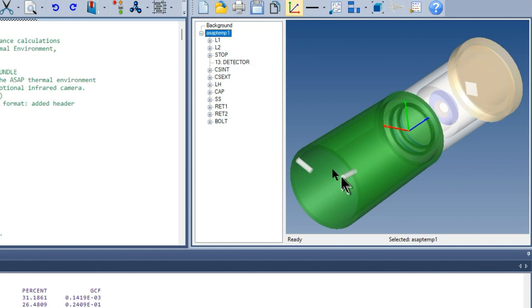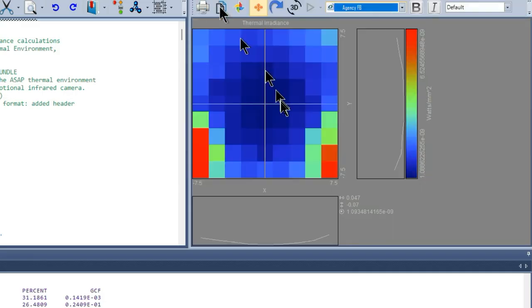corners of the detector. And for the quickest possible bottom line for all this analysis, perhaps the graphic here is a good way to describe it. It's a 9x9 map of the thermal irradiance on the detector, and it clearly shows 2 warm areas at the lower corners of the detector. This is out of focus images of the 2 bolts because the lens is focused for distant objects, not for